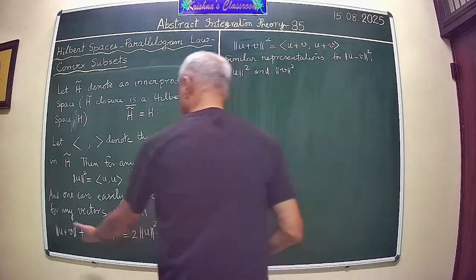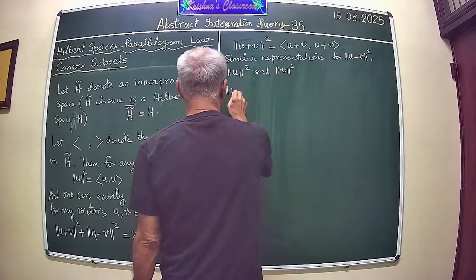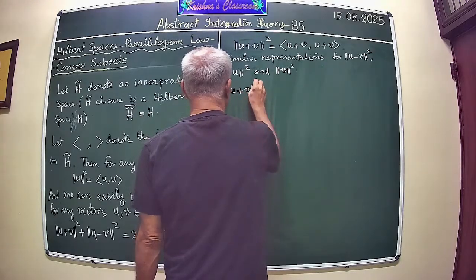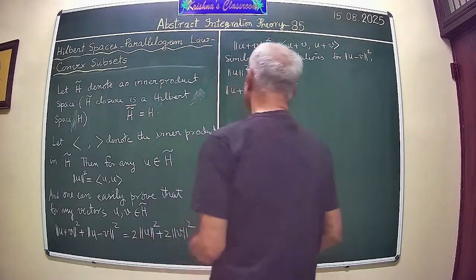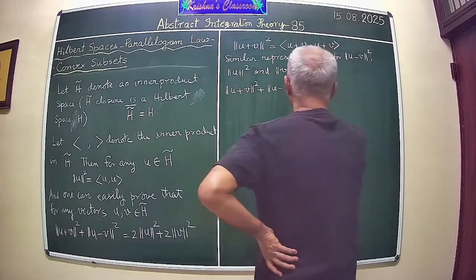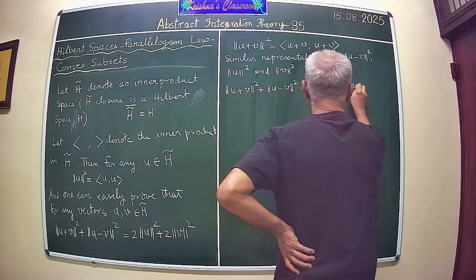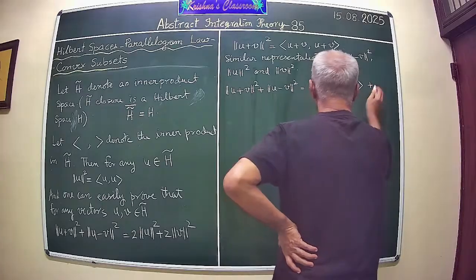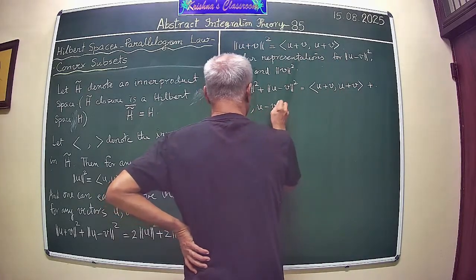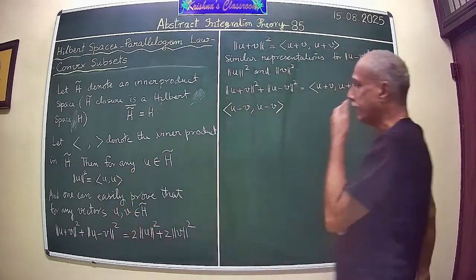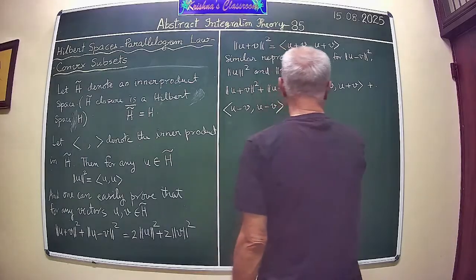So let us take the left hand side. So norm of whole square, this is equal to, if you expand it using the properties of the inner product, this turns out to be